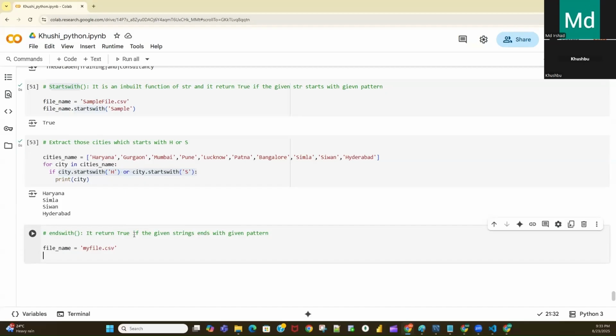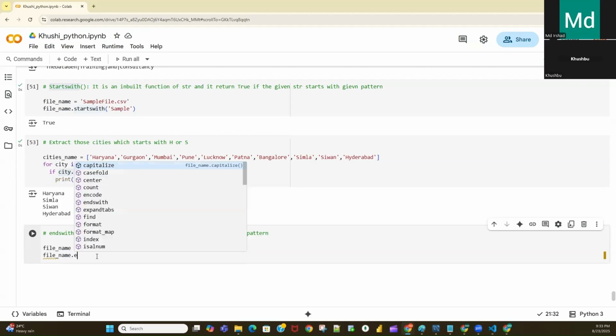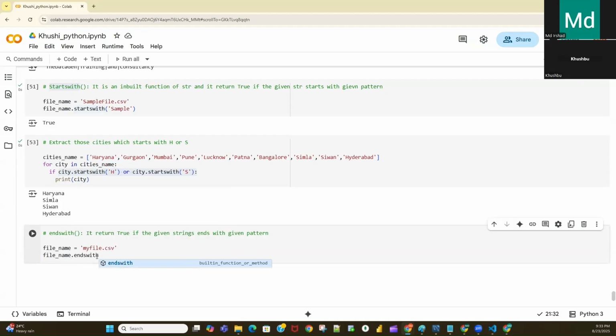Now I want to check whether my file ends with dot csv or not. So I will write file name dot ends with, and here I will pass my pattern, dot csv. So it will give me true when this file ends with .csv. If I execute, it is giving me true.